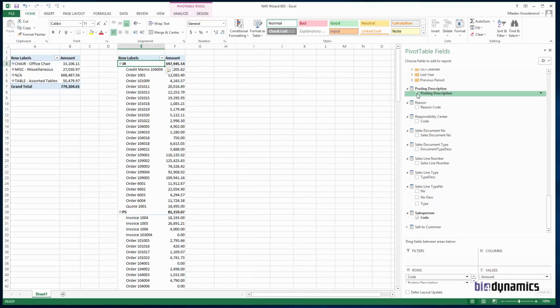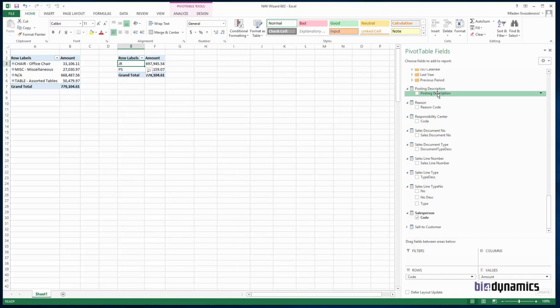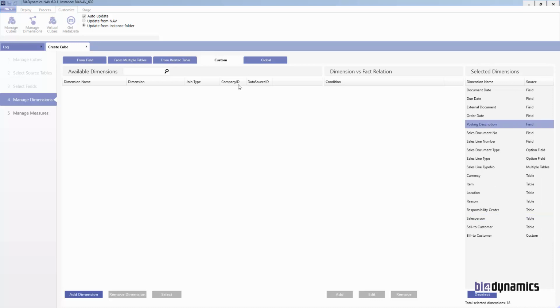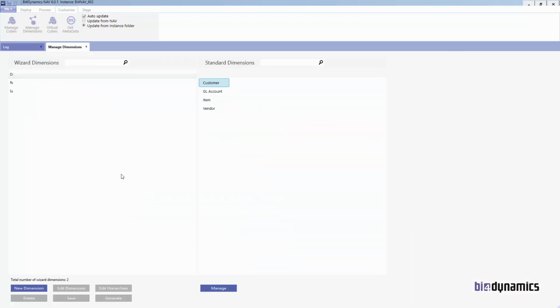This is also one field there. This is coming from dimension from field, and this is from a table. Actually, on first view there is no difference, because every dimension must have a field that is a primary key of that table. But later, this salesperson comes from a table, and a description comes from a field. But if we want to extend the functionality of the table,